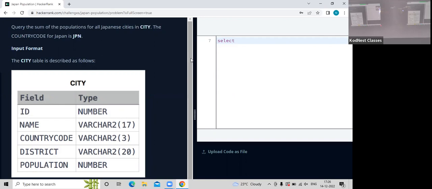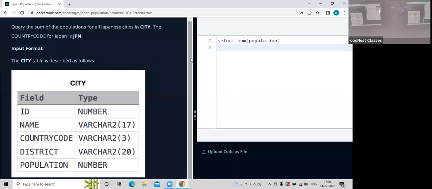So you know that to get the total of the values, we have the aggregate functions. We have one function, the sum function, which will give you the total of the values. So I am going to write select sum of population